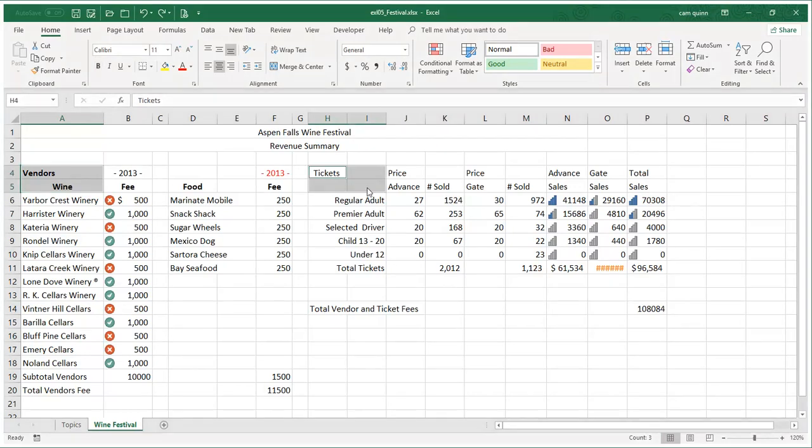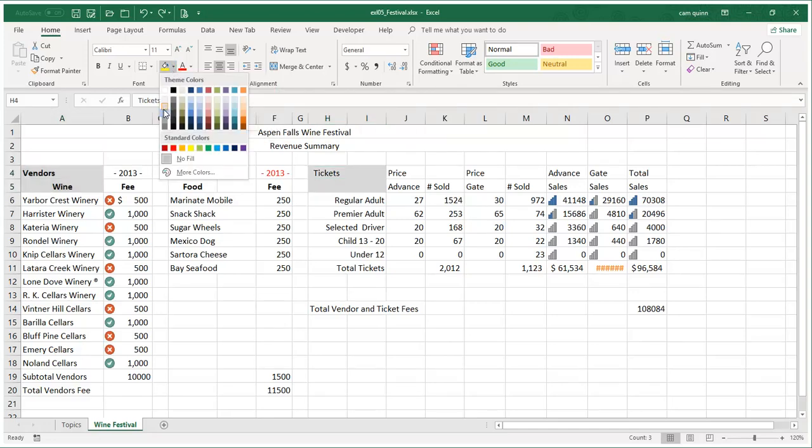And I'm going to set the fill color to White, Background 1, Darker 25%. So fill color is on the Home tab, and it's the little paint can. Notice that on mine I have a yellow bar underneath the paint can. That means that's the default paint color. If I simply click the paint can, then it will change it to yellow. If I want a different color, then I have to click the arrow beside the paint can, select the color that I want,